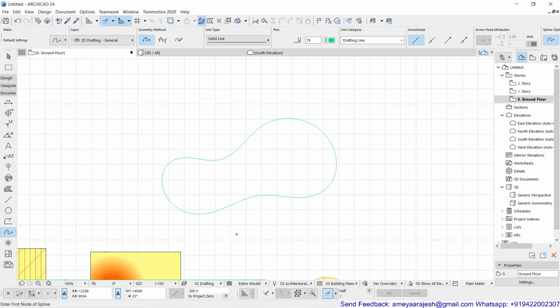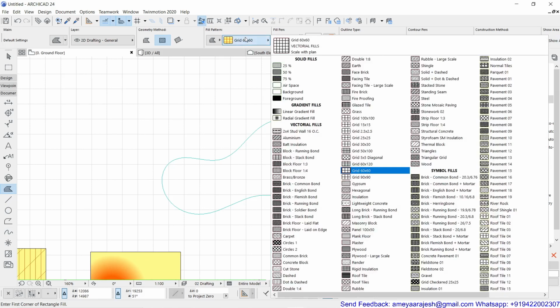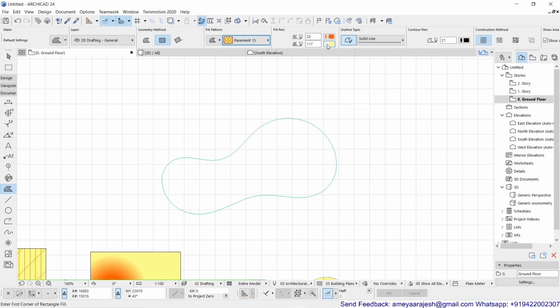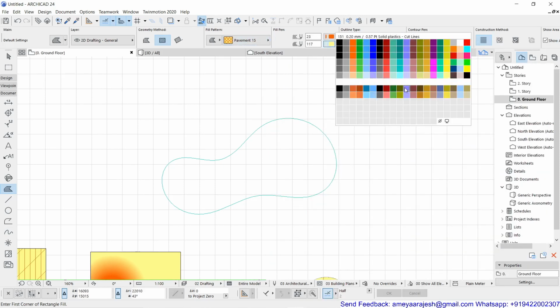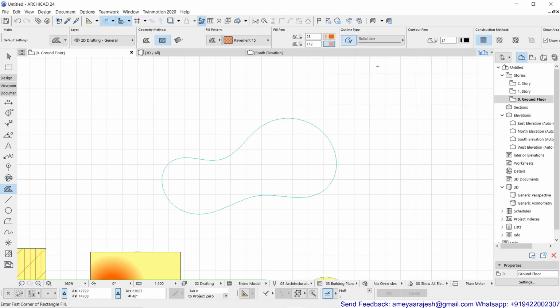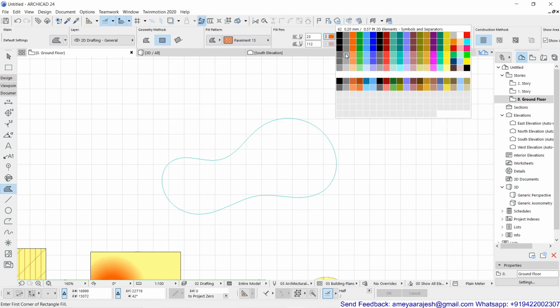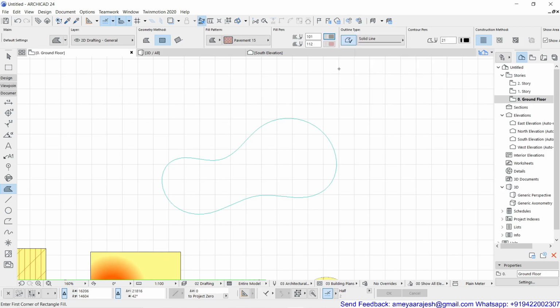See, maybe this is supposed to be a very odd shape which you want to fill up. How to do that now? You just have to return to your fill tool. You can definitely choose a pattern which suits your need, so maybe some pavement you have selected, maybe the color combination you want to change. You can do all those different possibilities which you are looking for, and definitely you can achieve some interesting options.